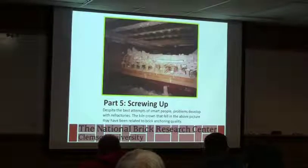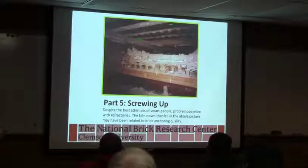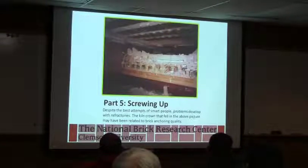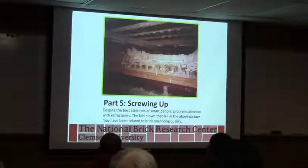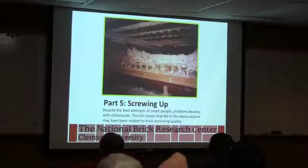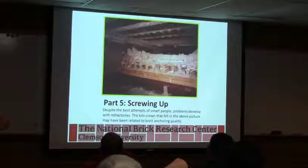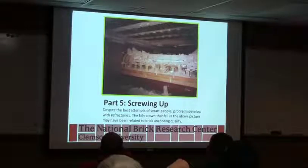And finally, the roof isn't supposed to be down here, it's supposed to be up here. There will be issues. Hopefully you don't ever run into anything as big as this, but there will be issues, and the big thing is just go back to your experience, your knowledge, and think about what is going on in the kiln, because if you're heating it up, it's expanding, contracting, and doing all sorts of fun stuff,